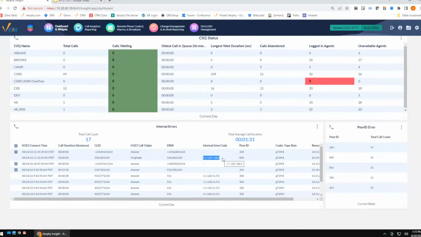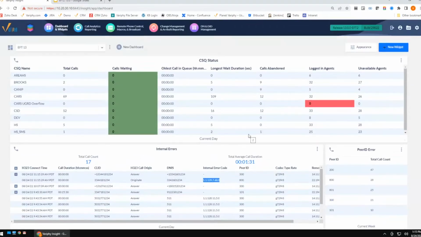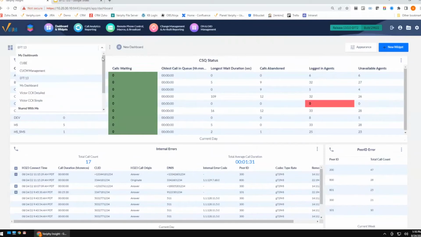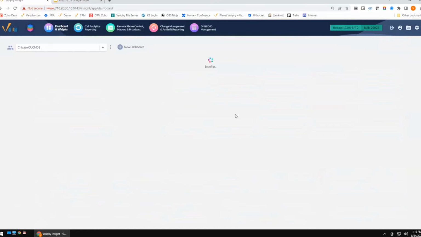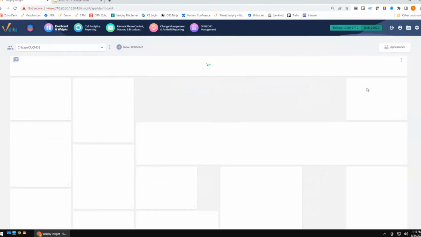One of the other things that I had mentioned was the ability to restrict how many widgets are on a single dashboard. So a couple different things that's going to impact. One, you are grandfathered in. So if you have a dashboard like this guy right here, who has a lot of widgets.